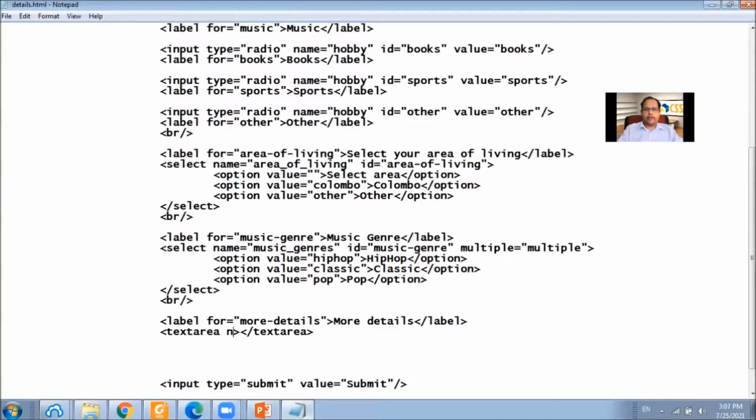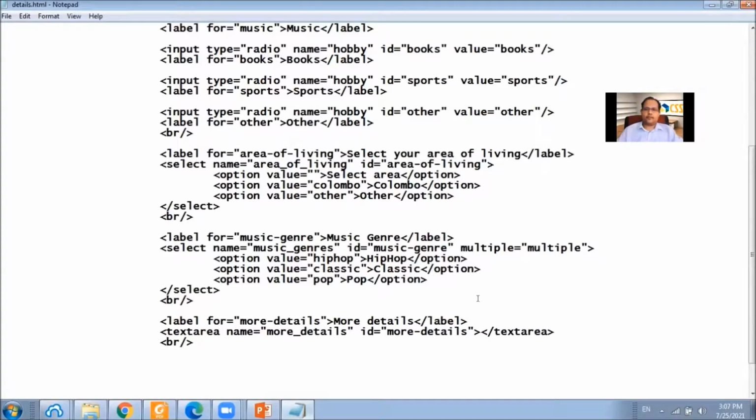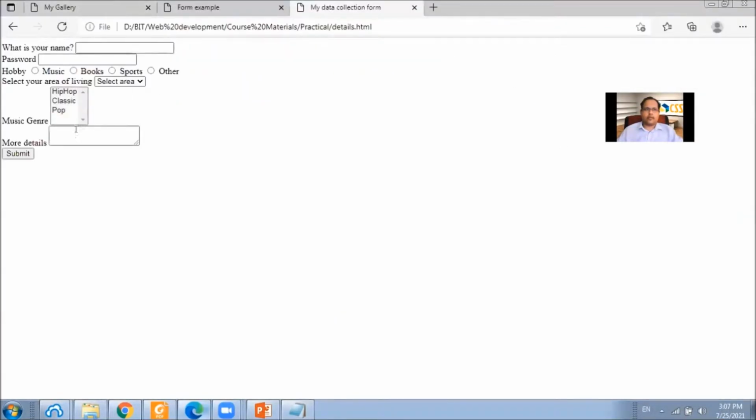And give a name. And also an ID. Right. And finally, we can introduce a line break as well. Right. Now this input has more than one line that we can make use of.